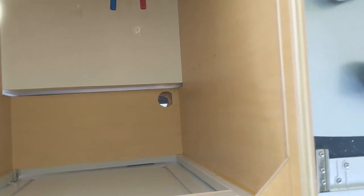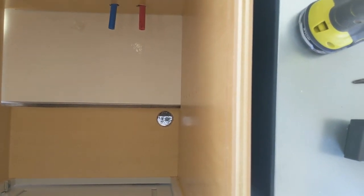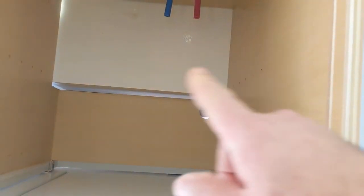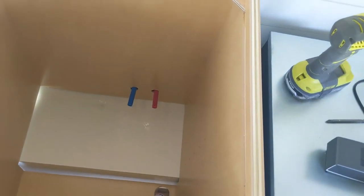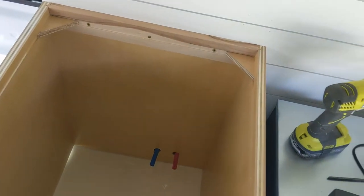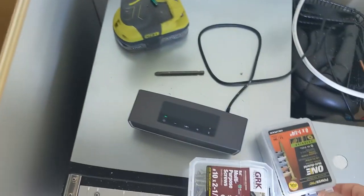I like things perfect. I've already drilled the hole for the sink drain, which is right next to the tire, as you can see, because the tire is right here. I'll show you that in a future video, what I'm doing with that. I've already screwed it in. I'm using for this some